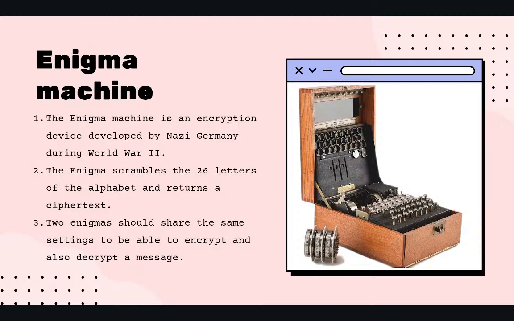In the era of classical cryptography, the Enigma machine is a very marvelous piece of invention. It was used by Nazi Germany during World War II to send encrypted messages to its people. It worked on the basis of electromechanical circuits. What it would do is map each character to another character through circuits, and there would be rotating disks which you could rotate to map a different character from the plain text to the ciphertext.